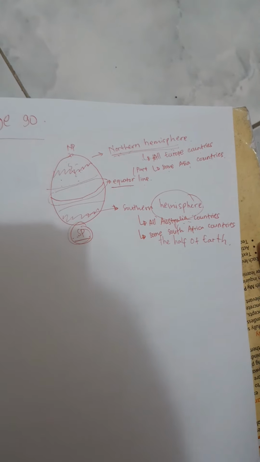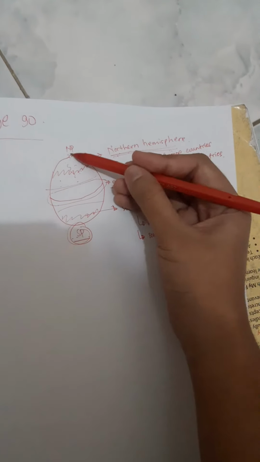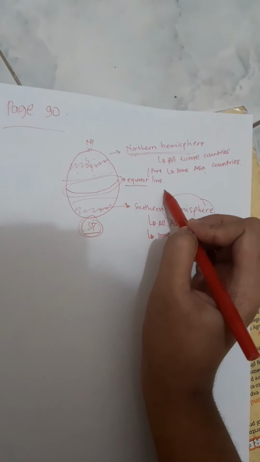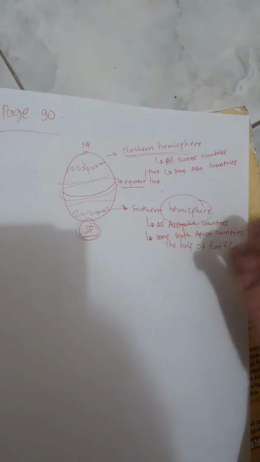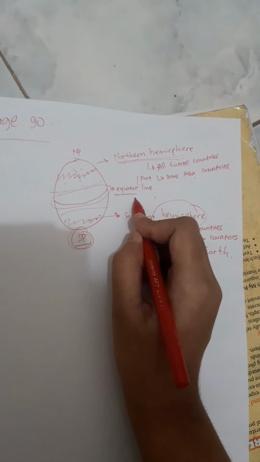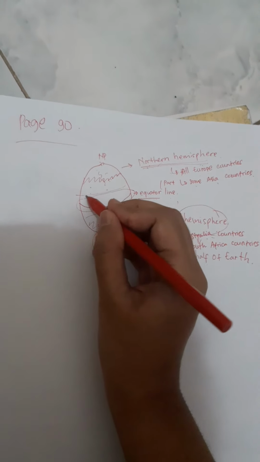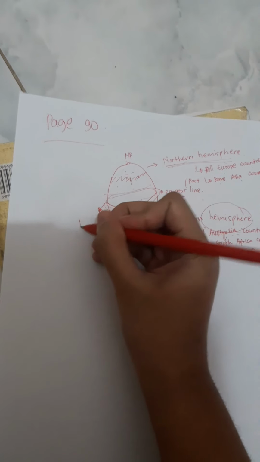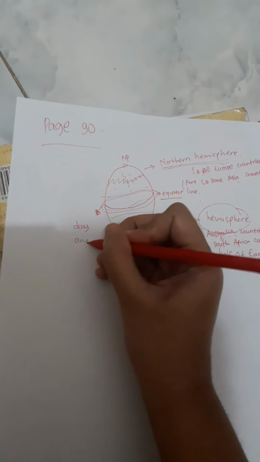And then how about Indonesia? Indonesia does not belong to the north or the south. Indonesia is on the equator line. Malaysia, Indonesia, Singapore, and the Philippines belong to the equator line. So on this equator line, we experience day and night